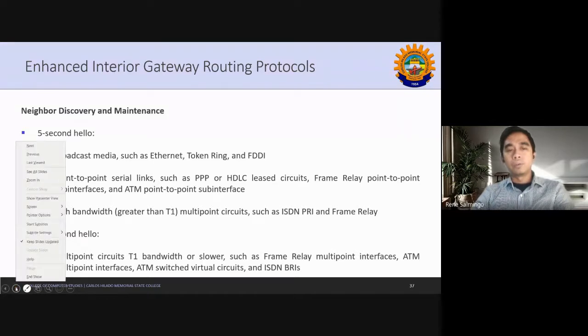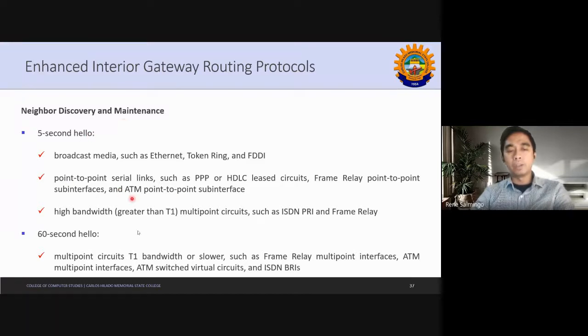What are the messages that we are going to send? This is for low bandwidth and this is for high bandwidth. So we apply it for broadcast media such as Ethernet, token ring, and fiber distributed data interface. We also use the 5-second hello on point-to-point serial links, such as frame relay point-to-point, and on high bandwidth links, greater than T1 or multi-point circuits. We also use the 60-second hello